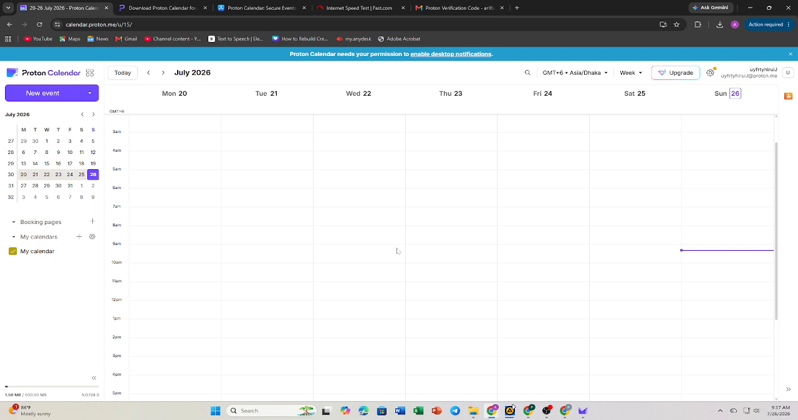And that's it. You now know how to reset your Proton Calendar password and regain secure access to your Proton